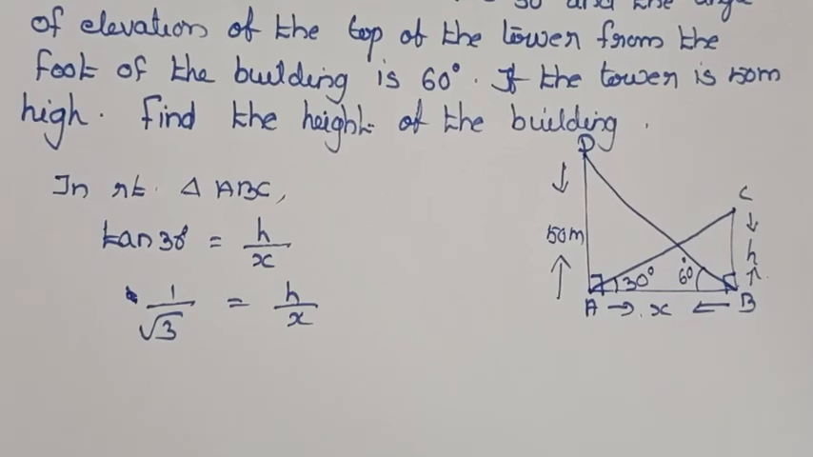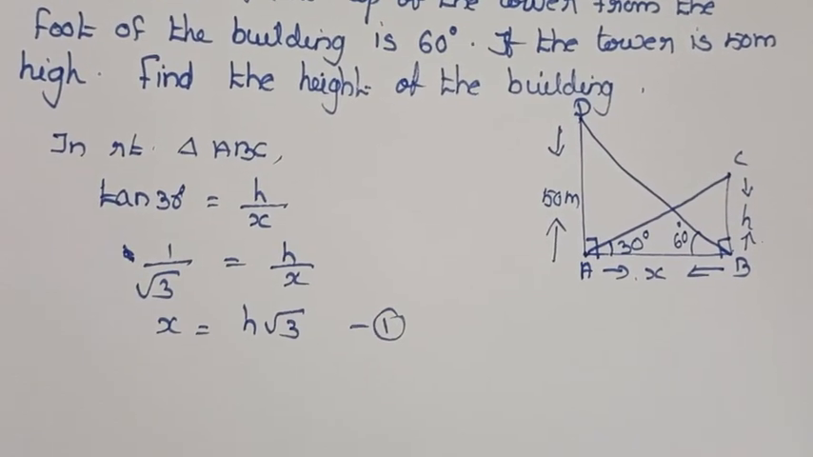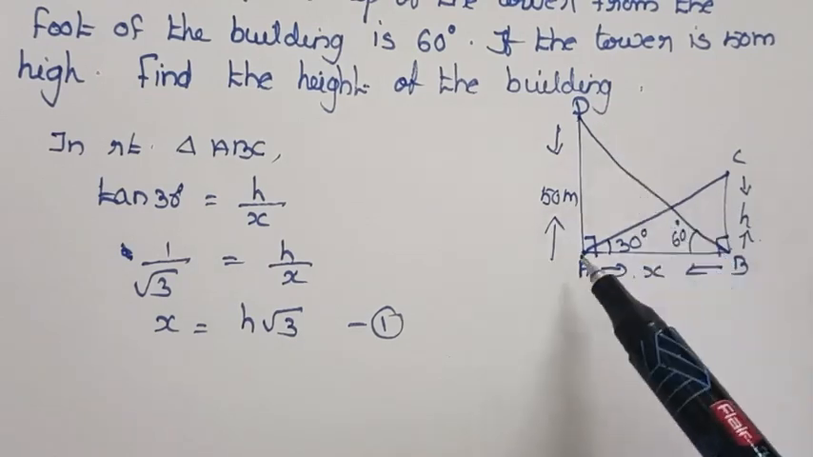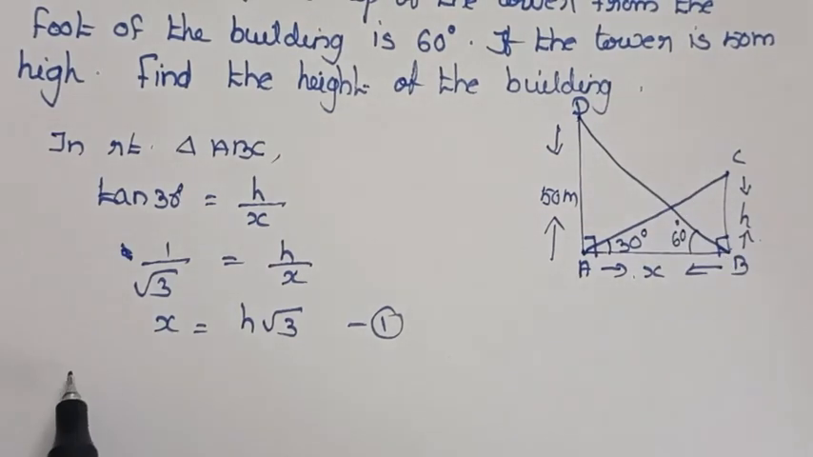Cross multiplying we get x equal to h root 3. Okay, x equal to h root 3. Number this equation as 1. Now take the second right triangle, that is ABD. Okay, ABD. In right triangle ABD,